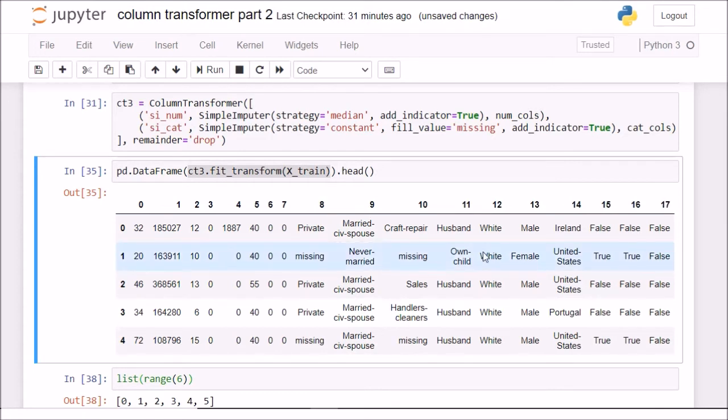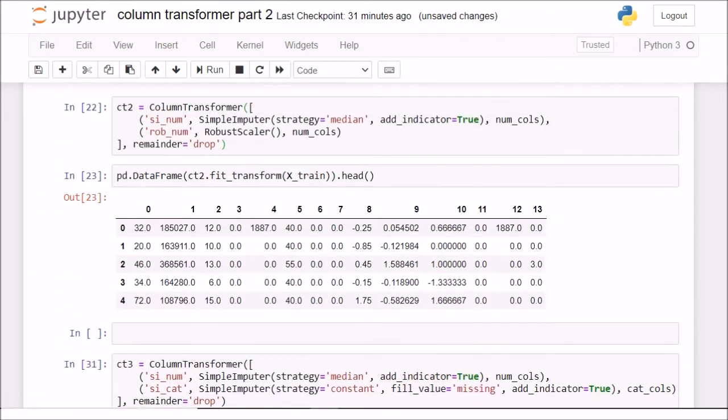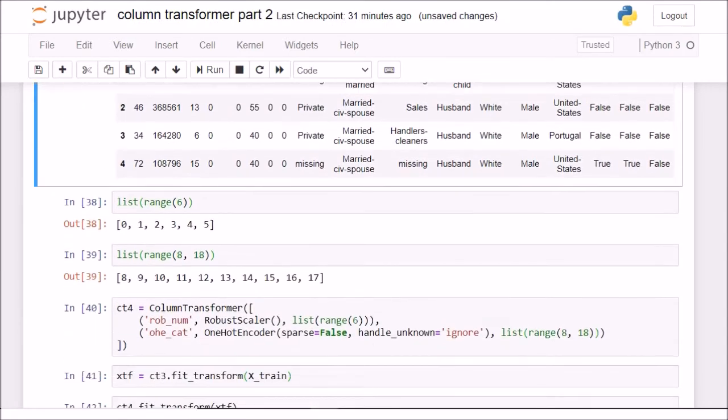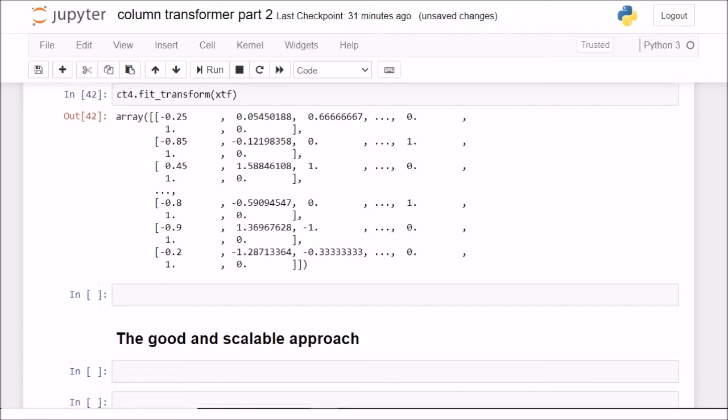But in a large data set with a huge number of columns, it will get very difficult to check these things, right? And hence this is not the recommended approach to make different column transformers one after the other. So now we will look at the recommended approach. Okay, so what is my recommended approach?